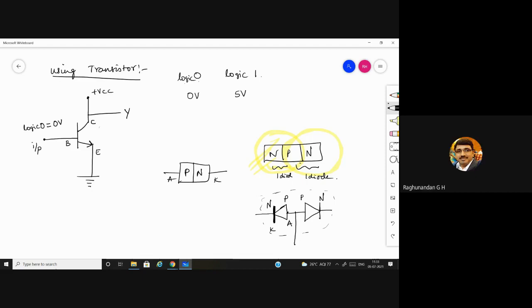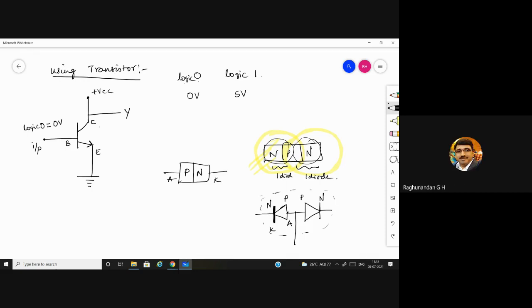When it is representing a transistor, obviously the biasing of this transistor will also be the same as biasing a diode. What are the different types of biasing we are having for a diode? Forward, reverse, and no bias condition.